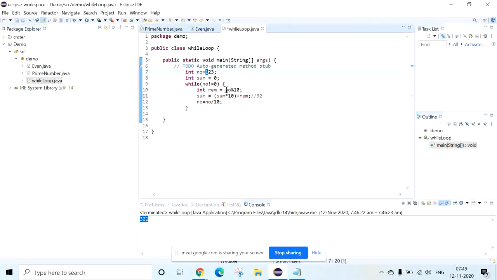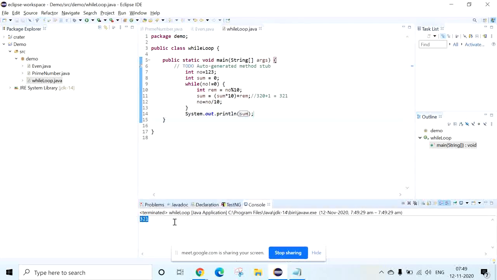Again the condition is true, 1 modulus 10 is 1, so the remainder is 1. Then 32 into 10 is 320, 320 plus 1, you will get 321. So when you print sum outside the while loop, you will get 321.